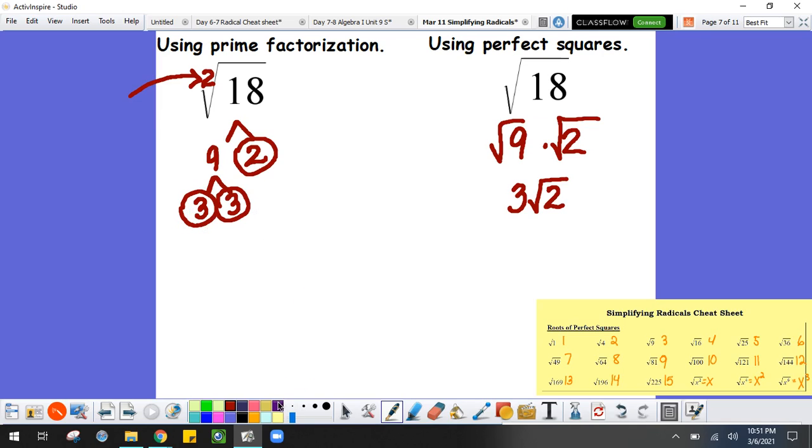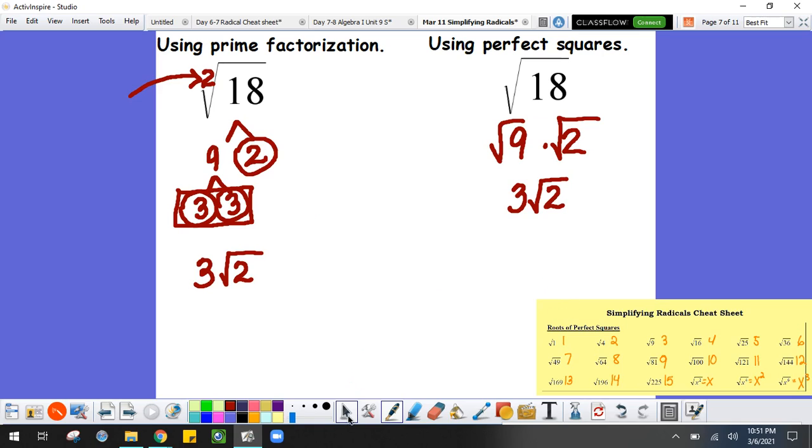And then at the ends of my branches, there are two 3s. And remember, I'm looking for two of something. Since there are two 3s, a 3 gets to come out from under the radical, but there is only one 2. He does not have a partner, so he has to stay under the radical. I get the same answer, but lots of times when you're not thinking of what those perfect squares are,